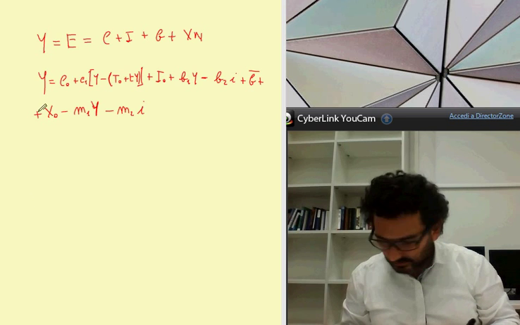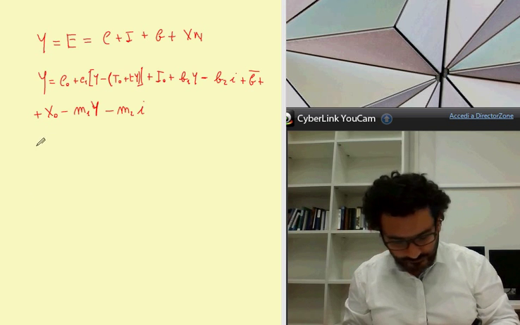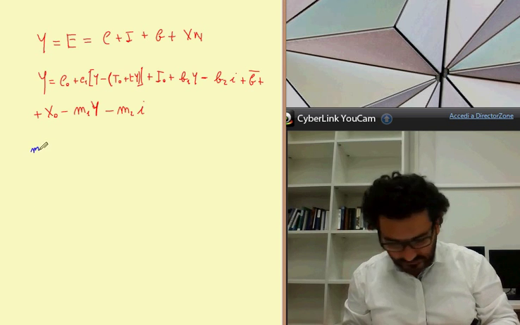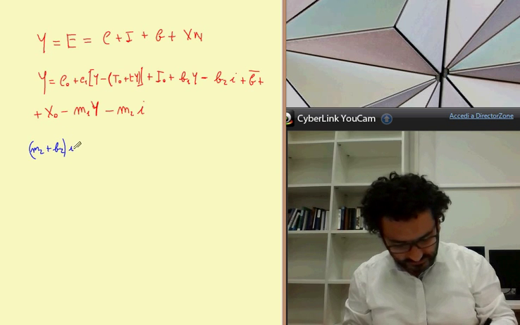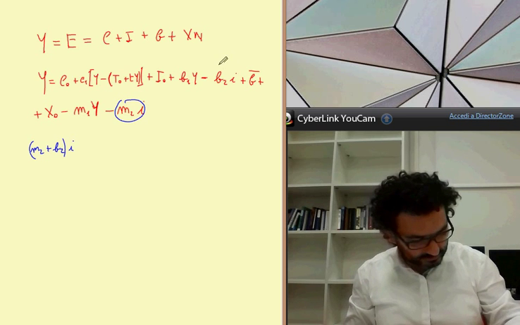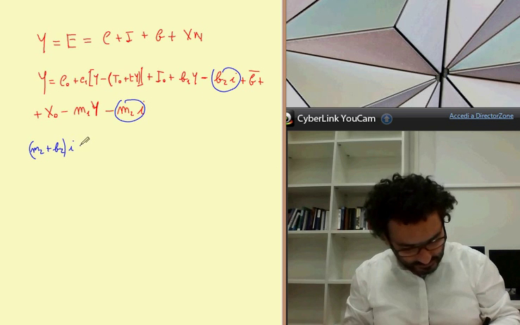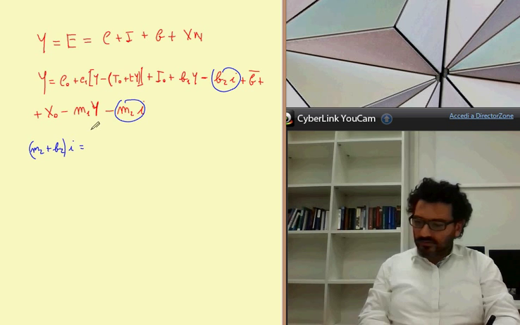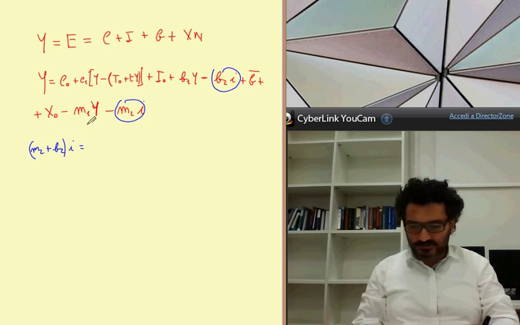So we have on the left hand side M2 plus B2, which multiplies the interest rate, which is this term and also this, equal to,